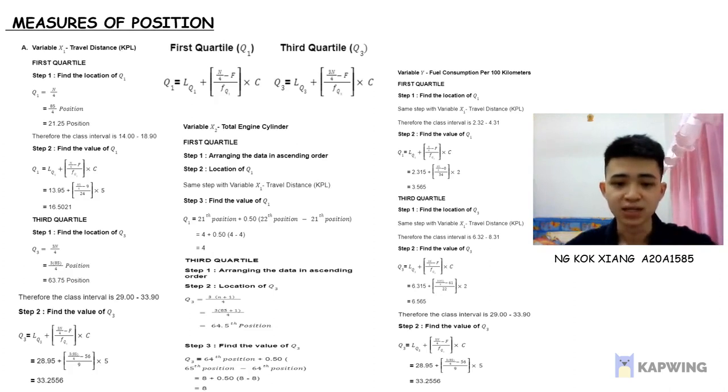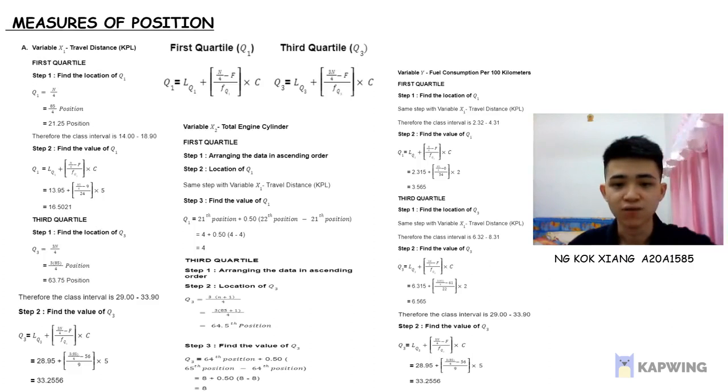To find the third quarter, we use 3 multiplied by the total sample size and divided by 4, and we got the third quarter position, which is 63.75. Then the second step is the same as the first quarter: substitute into the third quarter formula, and the answer is 33.2556. For the variable X2, the first step is arranging the data in ascending order, and step 2 is